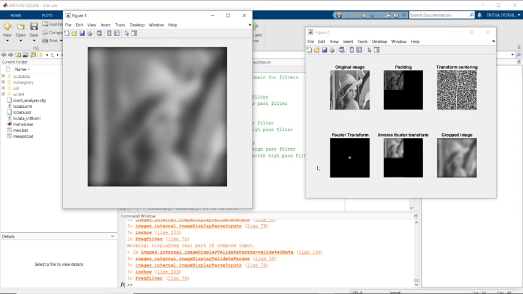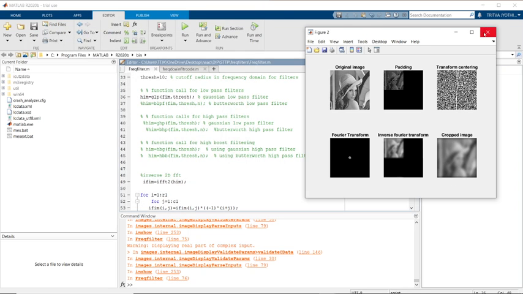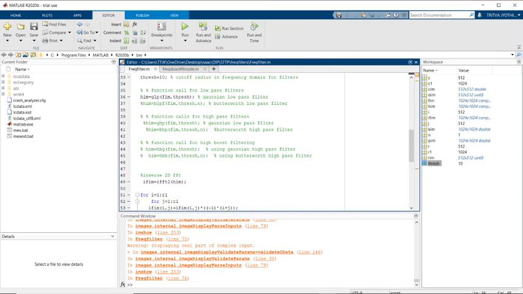Next we applied Fourier transform. This is the Fourier transform output image. And next we applied inverse Fourier transform. This is the resultant one. And after that we are cropping this image, this is the cropped image. This cropped image you can see here. This is the output. Now I'm commenting this low pass filter, and I'm enabling the code of Butterworth low pass